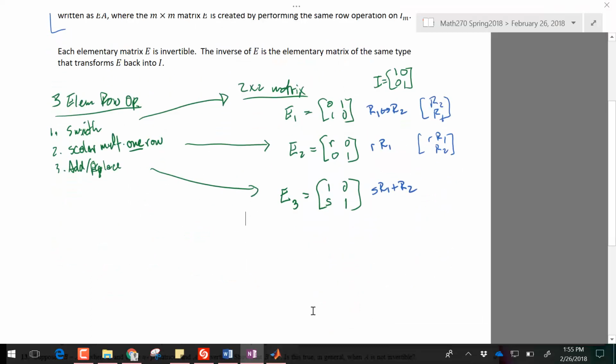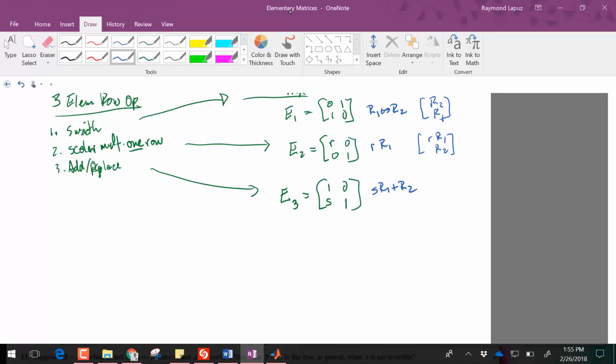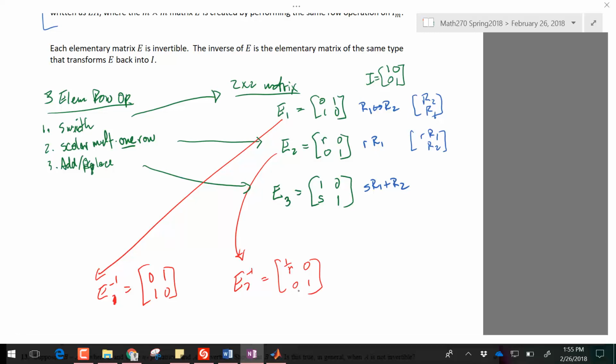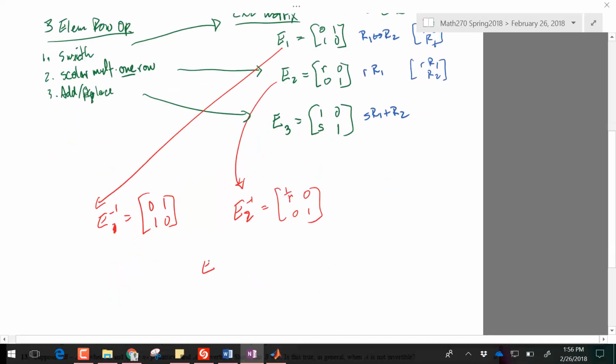So let's take these examples that we have for these 2x2 matrices. We can find E1 inverse is itself. We can find E2 inverse as the same row operation, except instead of multiplying by the original scalar, you're going to multiply by the inverse, or the reciprocal, of that scalar. And then for the third one, if you would imagine how this would work,